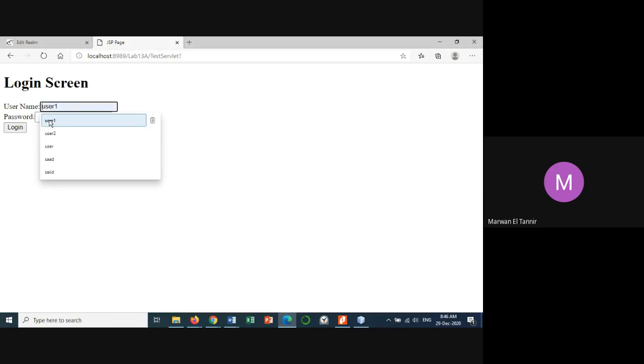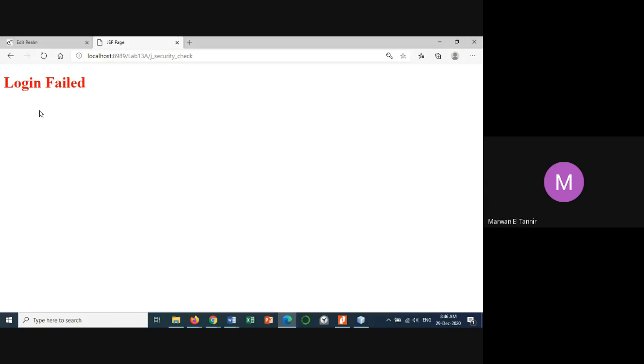So this is the input. Type submit, test security login. It will be forwarded to the login page. First, I will put user one and a wrong password. It will write login failed because the user doesn't exist. So I'll go back and type user one with the correct password of user one, and the login